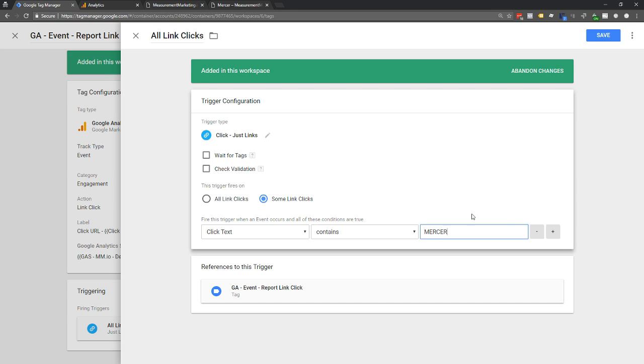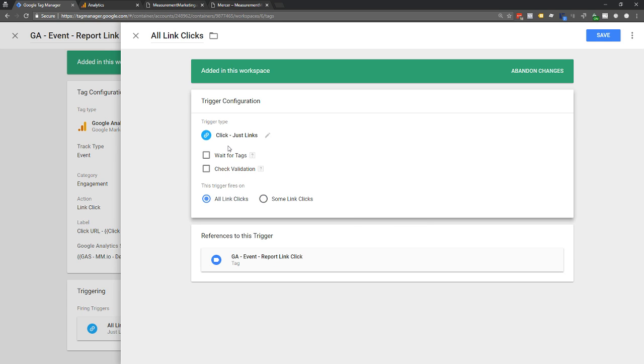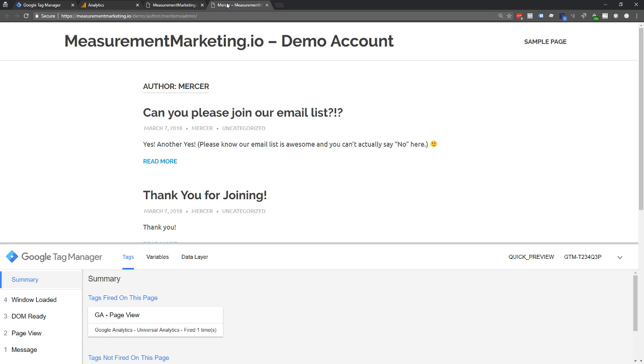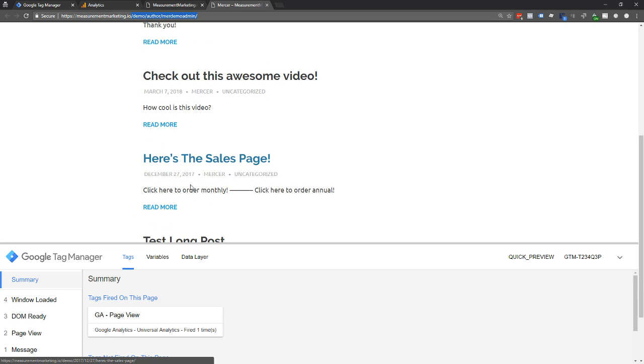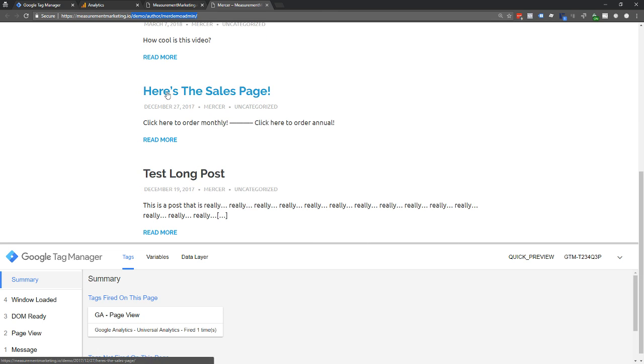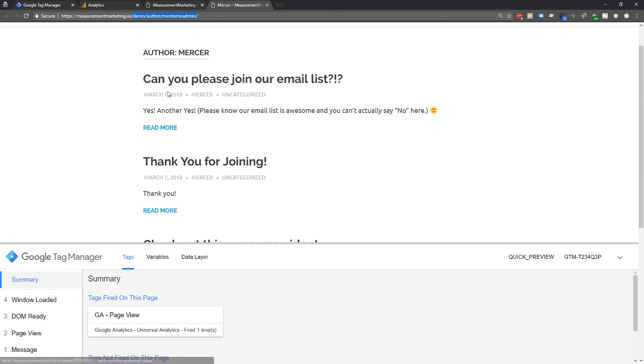But I like, in the beginning, setting up a tag that automatically reports events, at least to Google Analytics, so that I can segment stuff. Because sometimes it's really hard when you're trying to measure the customer journey and you want to get an idea of the behavior, and you say, okay, well, of the people that were on this page, what different links are they clicking on? Maybe there's like 4 different buy buttons, and you're trying to figure out which buy button did they actually click on. Well, that's great for something like Tag Manager. Just say, hey, Tag Manager, whenever somebody clicks on a link, just record it so that if I have that question later on, I can totally figure it out.